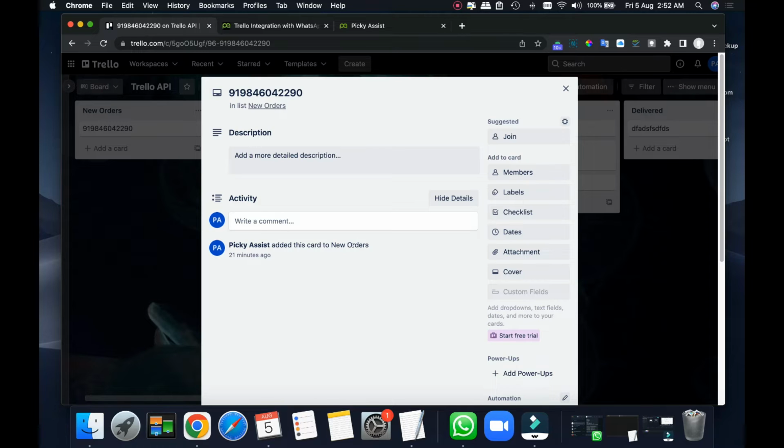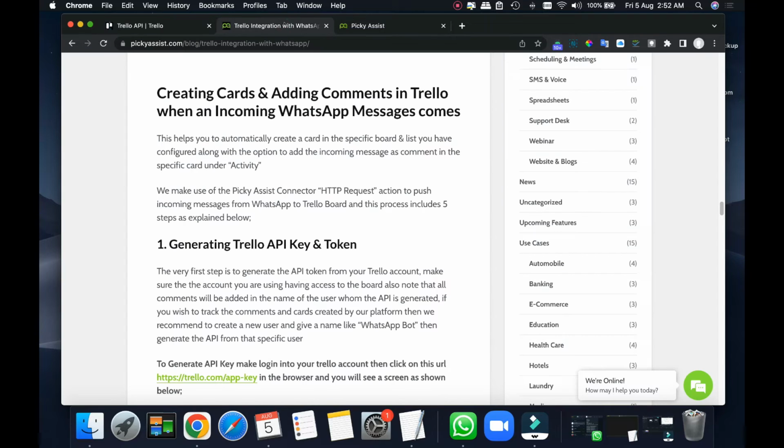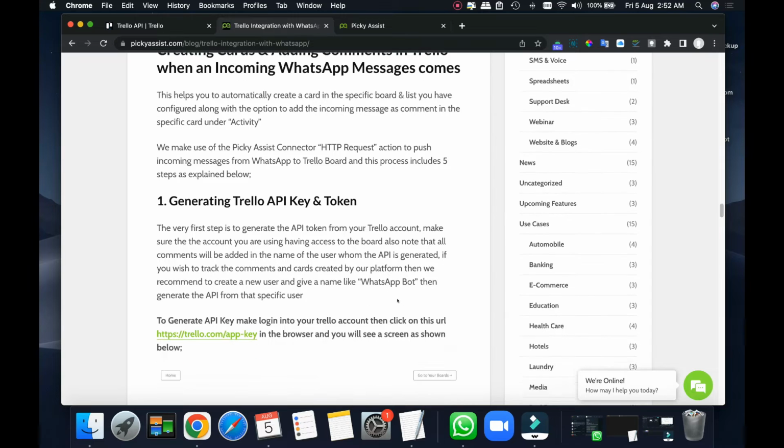In case you want to track these comments separately, then we recommend creating a new user in your Trello account. Then use that user's API key and token to authenticate with the Picky Assist platform. All right, so just keep this in mind.